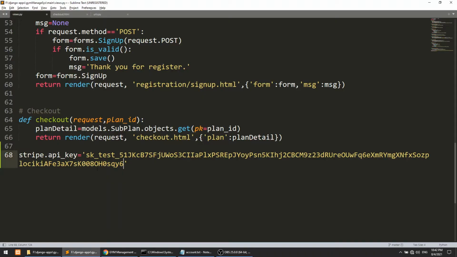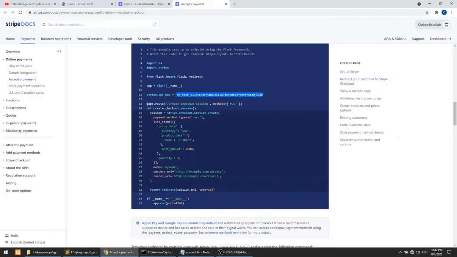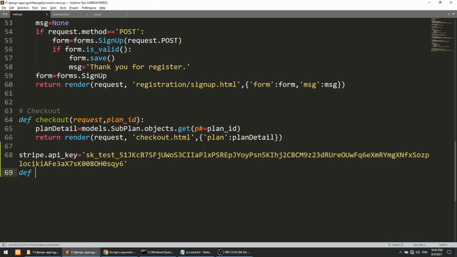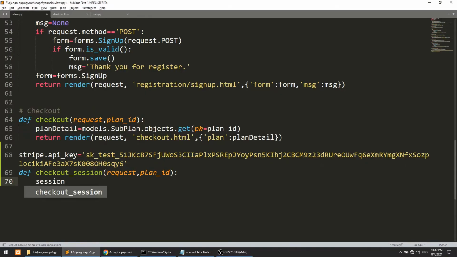So this is the Stripe.api key, and now what we need to do. Let's create the method. Let's create the function. This will be checkout session and request. Here I will get the package ID, or you can say plan ID. Now we need to define the session equal to